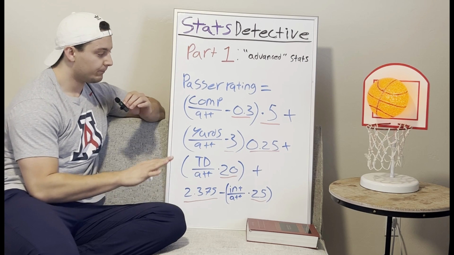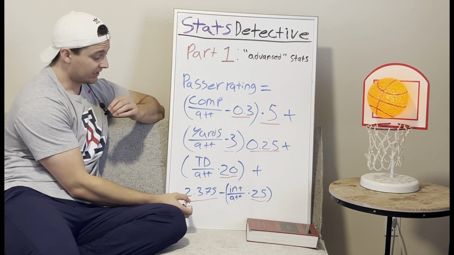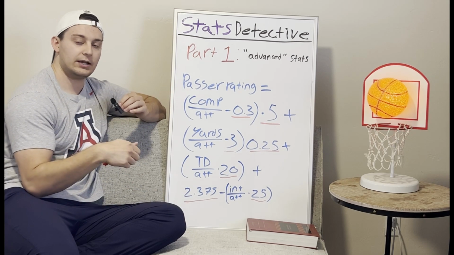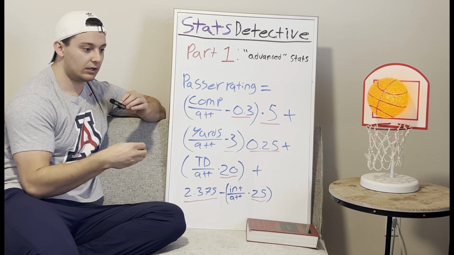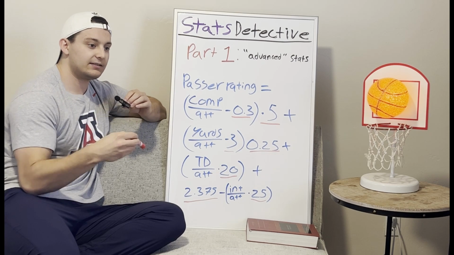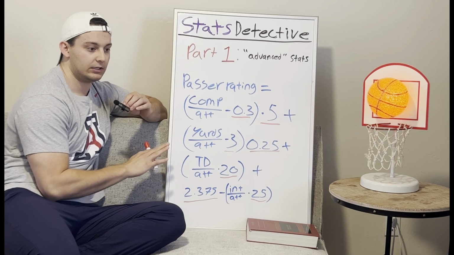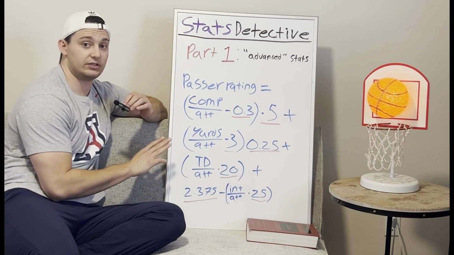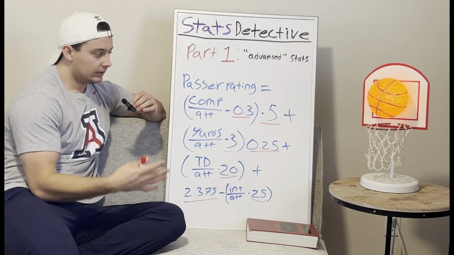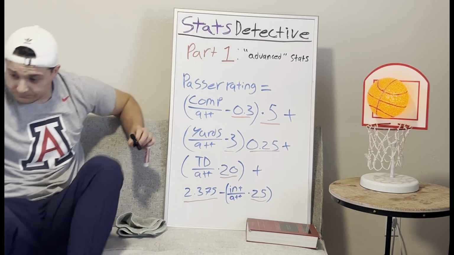So I hope you understand passer rating a little more. I hope you understand that this is the way that advanced statistics are calculated across sports. It's arbitrary weighting. It makes some sense, but it doesn't allow you to predict properly the way that you want to. Now, I'm not saying there's anything bad about these stats. In fact, they do a good job. We'll see later, they do a good job of predicting outcomes in games, but I have my issues. Let's leave it at that.